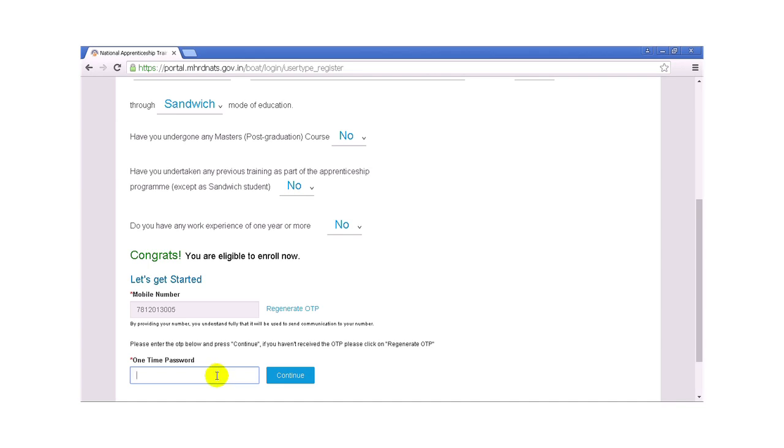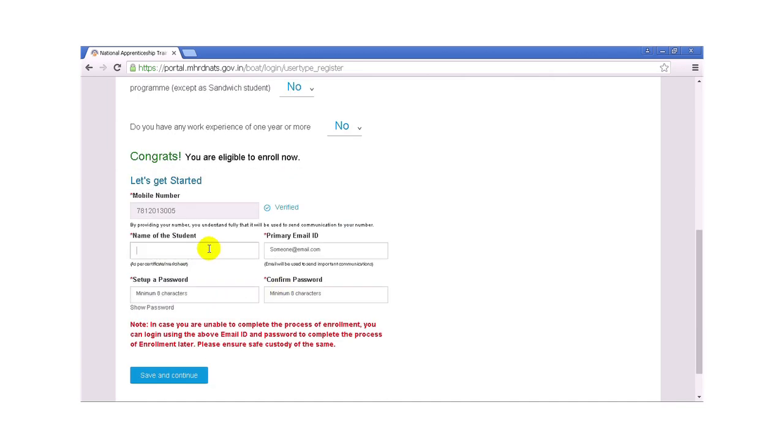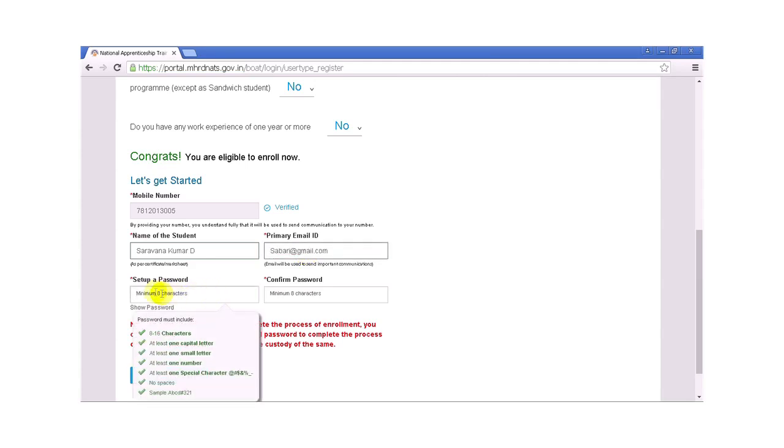In the one-time password field, enter the OTP number and click the continue button. Now your mobile number is verified. In the name of student field, enter your name as per your qualification certificate or mark sheet. Note, please use space instead. In the primary email ID field, enter your primary email ID, and in the set up the password field, we have to